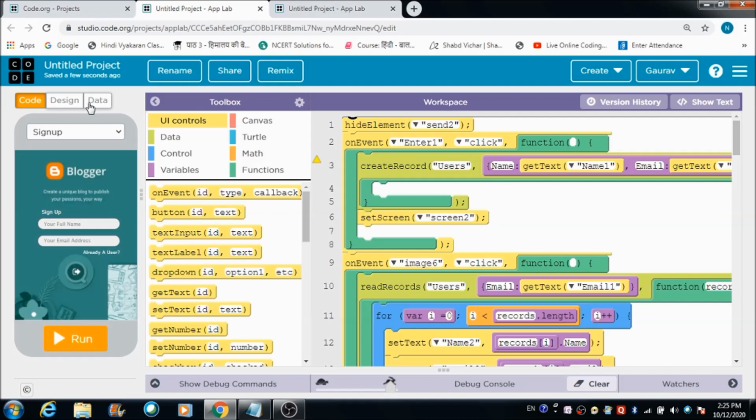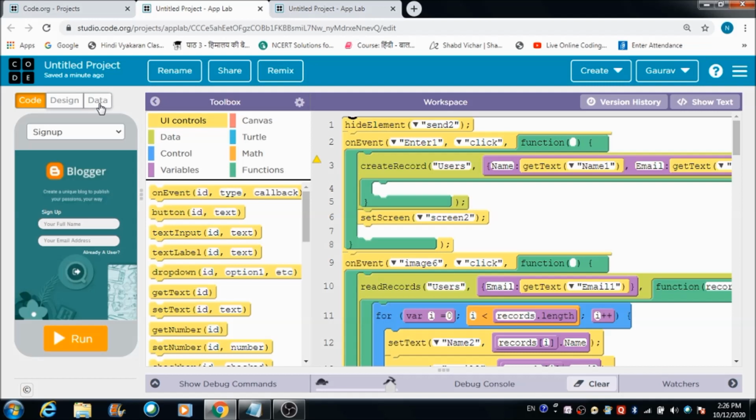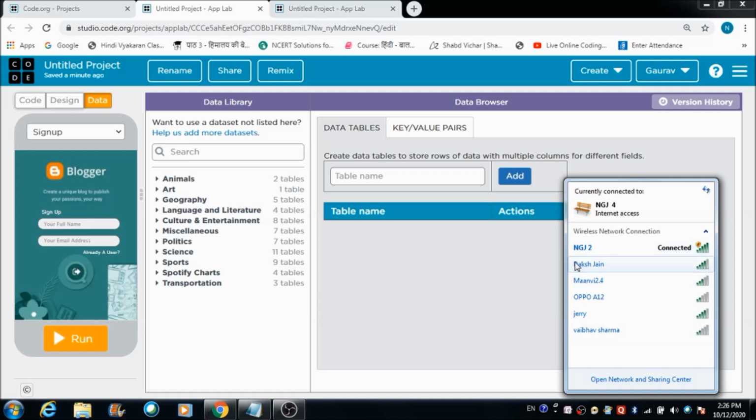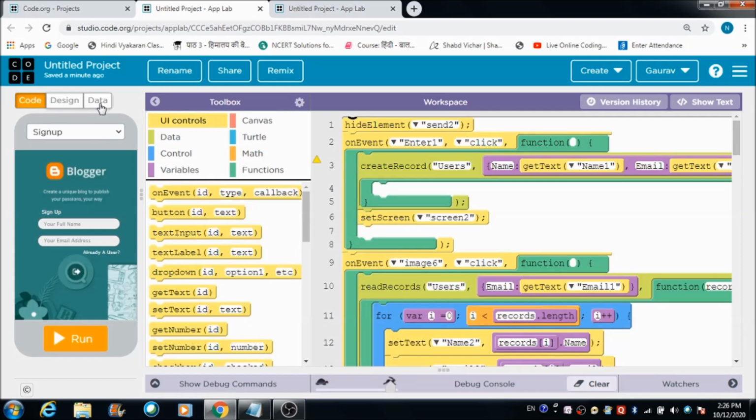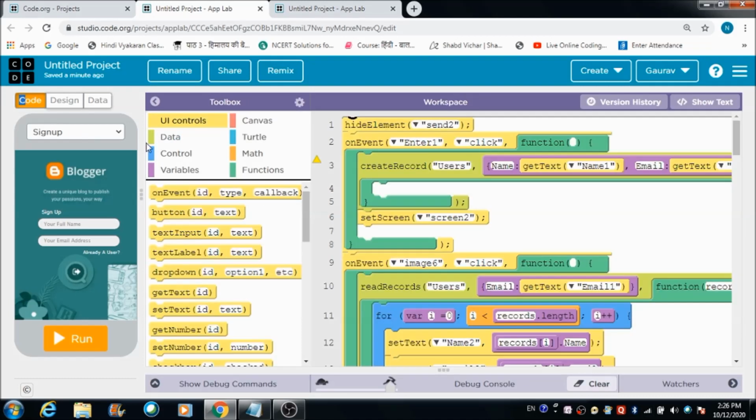Do we have something on the data browser of the app? It's taking a little bit of time for fetching the data. The table has not got created yet. Yeah, now it is visible to us.